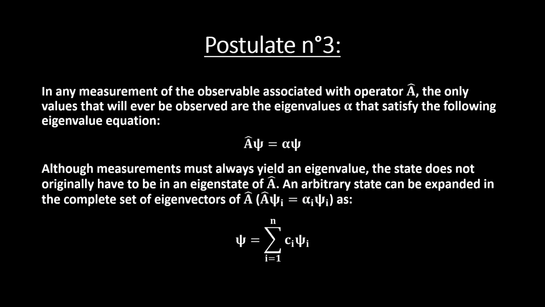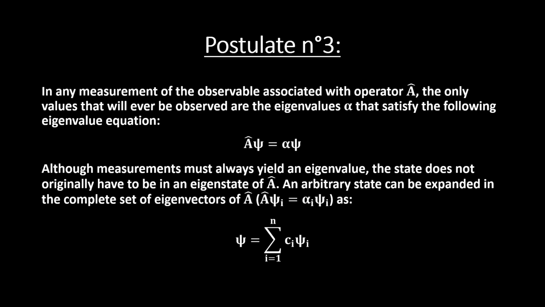This postulate implies that measurement of A will yield one of the eigenvalues alpha with the probability of the complex number c_n squared, and that the measurement implies the collapse of the wave function Psi into the corresponding alpha eigenstate of Psi. And one idea worth mentioning is that if alpha is degenerate, then the wave function collapses into a degenerate subspace.